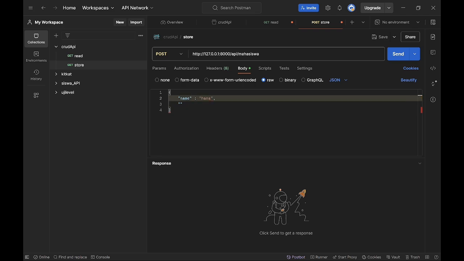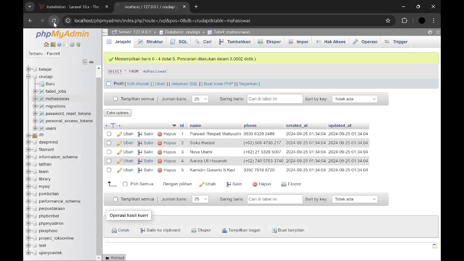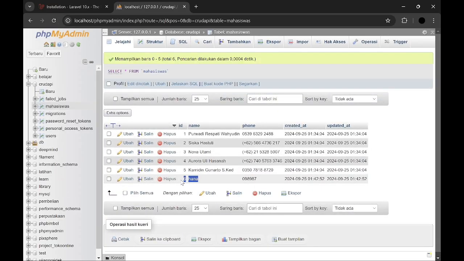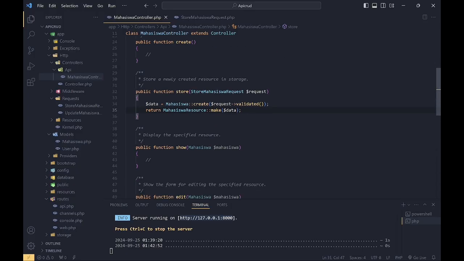I want to add a new data with the name Hana, and for the font is like this, and then we send, and like this, the data was added like this, Hannah.